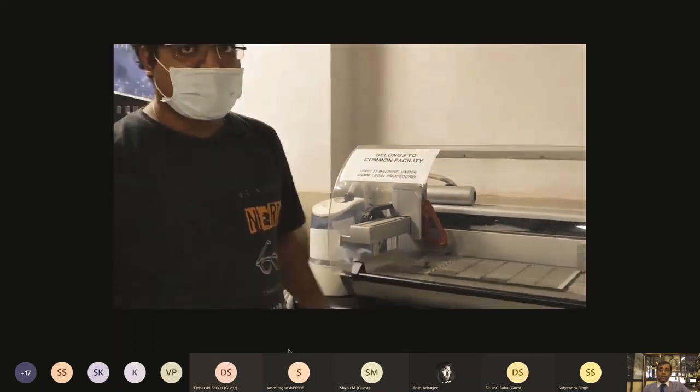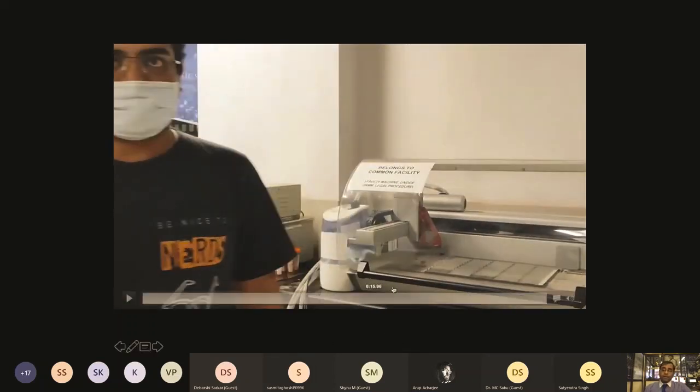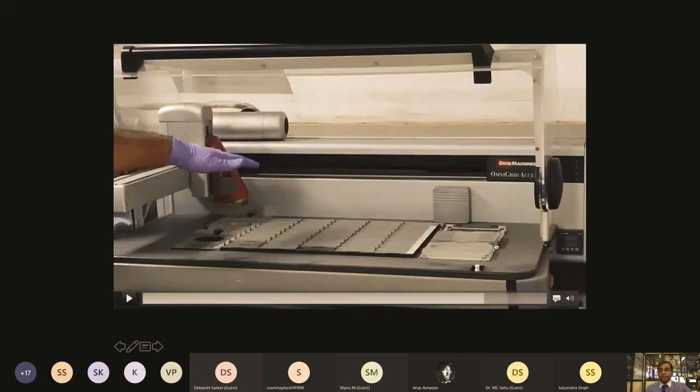So this is still a small array, but if I just take you to this place, here you have to see how many plates you can keep for 384 well plates. Here you're going to clean up the pins. This is the robotic arm which will have 48 pins you can keep.